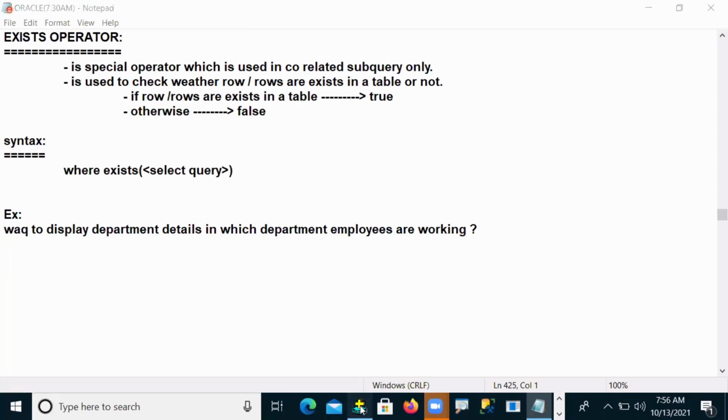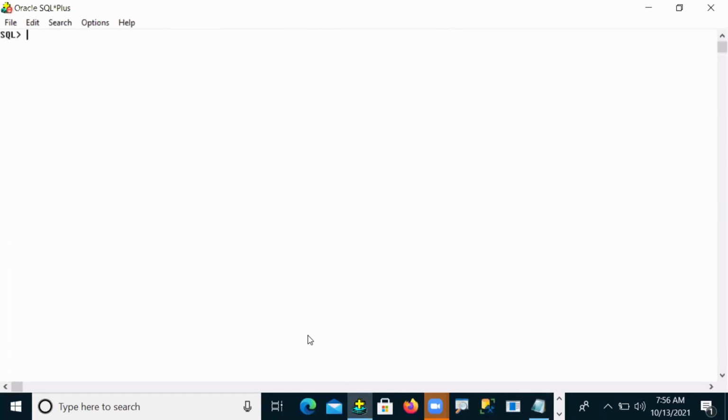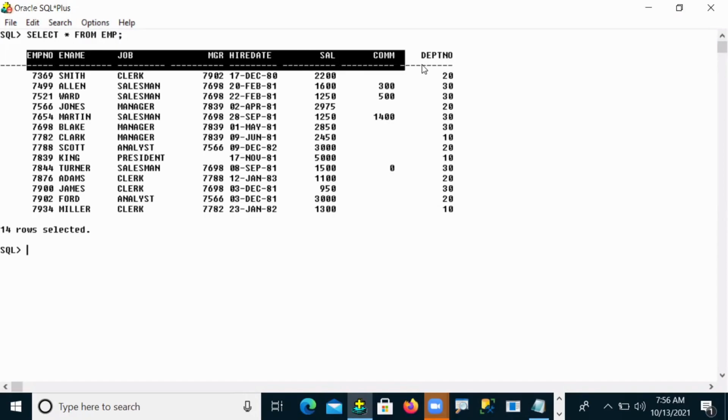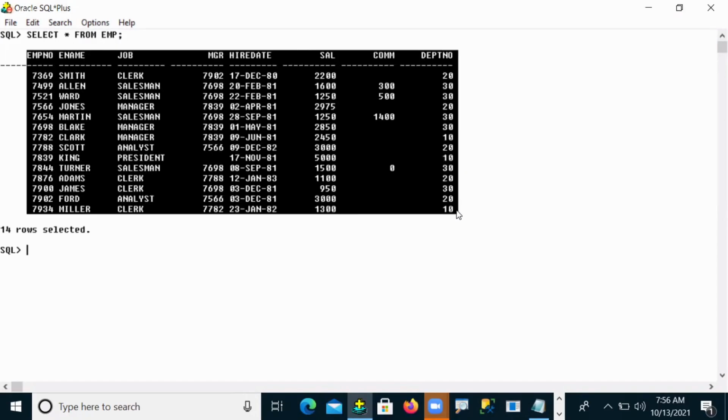First of all, come to your table. For example, the EMP table: in this EMP table we have employee-related information only. Is there any department information? No, we don't have any department details.